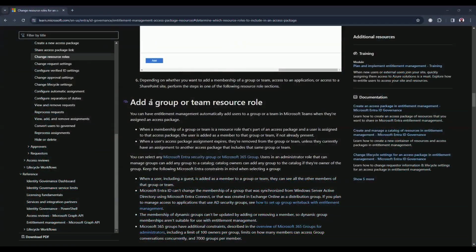So friends, let's read through "add a group or team resource role" to understand why the statement that after 365 days the user will be removed from the group was chosen as the correct choice. You can have entitlement management automatically add users to a group or team in Microsoft Teams when they are assigned an access package. And now the points are, when a membership of a group or team is a resource role